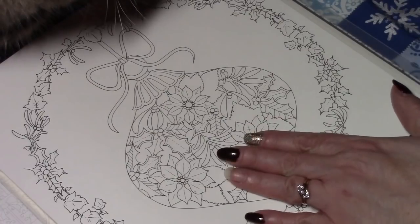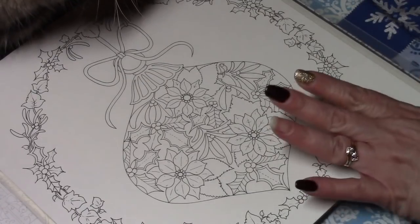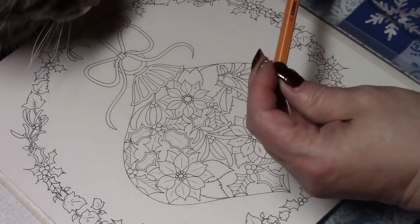So I'm going to use my Caran d'Ache super colored pencils. So you will get to see me color with those. And I have a Stabilo